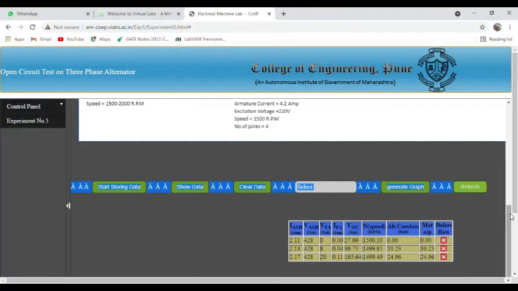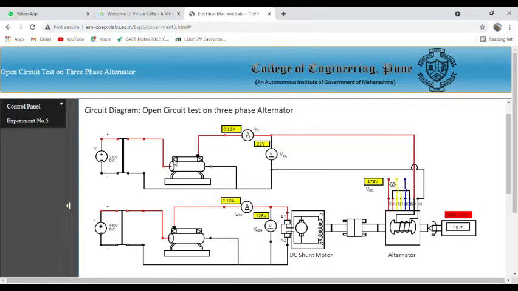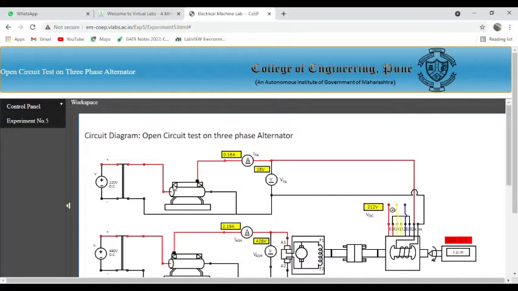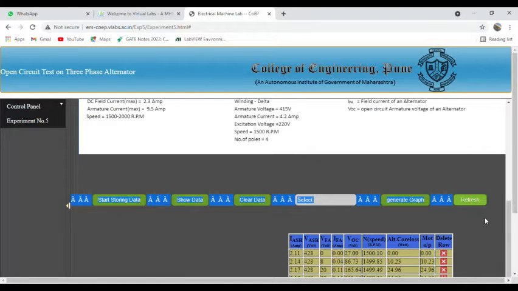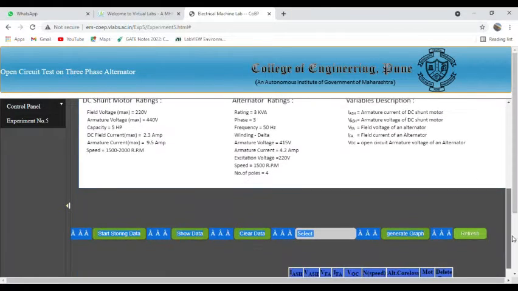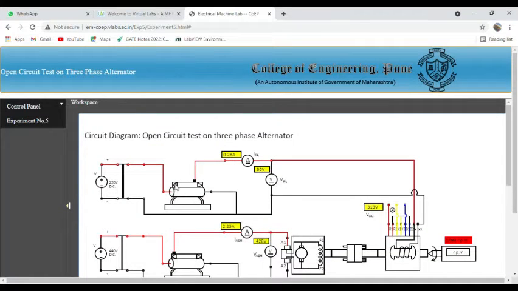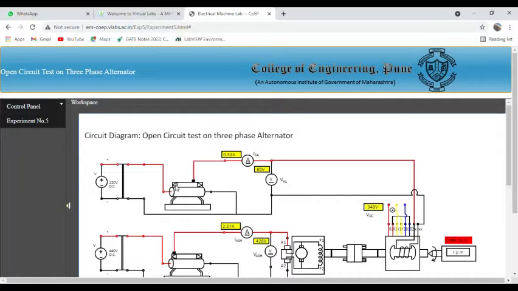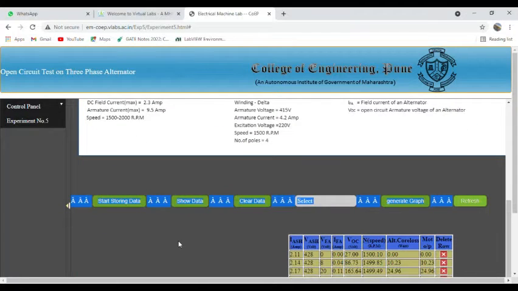Alternators generate an AC voltage whose frequency depends entirely upon the speed of rotation. The generated voltage value depends on the speed, the DC field excitation, and the power factor of the load. I am slowly increasing the rheostat value and storing the data. As the DC field excitation of an alternator is increased, its speed being held constant at 1500 rpm, the magnetic flux, and hence the output voltage, will also increase in direct proportion to the current.